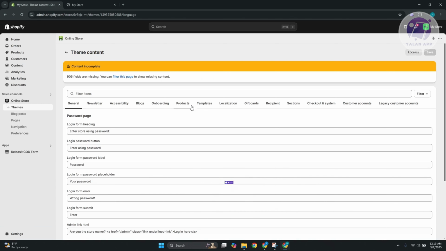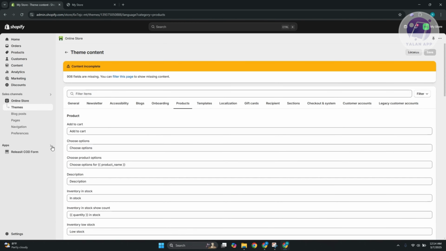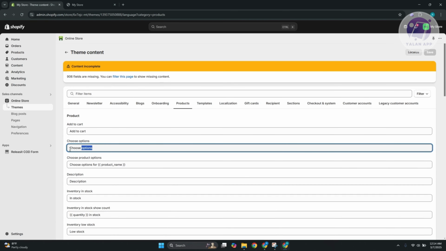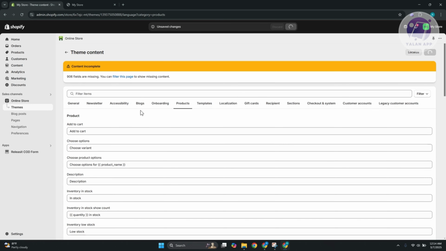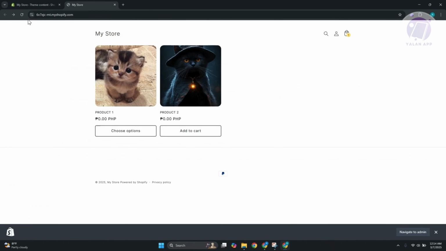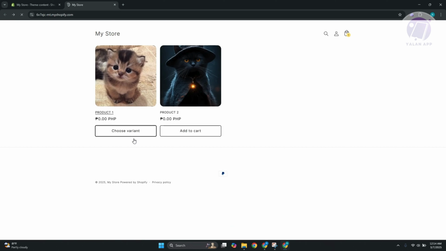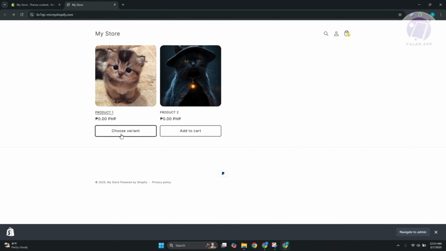So in this case, you want to go ahead and access the products category here or tab, and scroll down a bit, look for choose options, and just update the text for this one. So just type in whatever text you want to appear here. So let's choose variant here, click on save. And once you go back into our store here and reload this, you should see it being updated. As you can see, you now have the choose variant option,